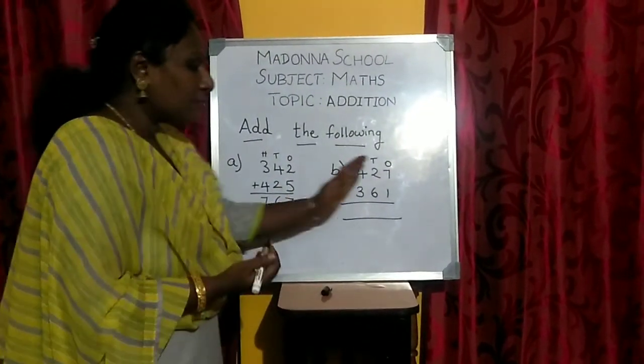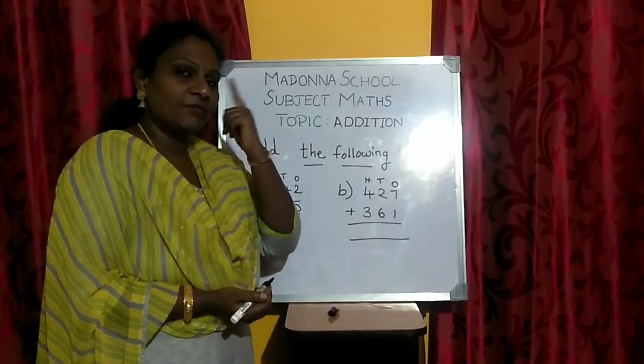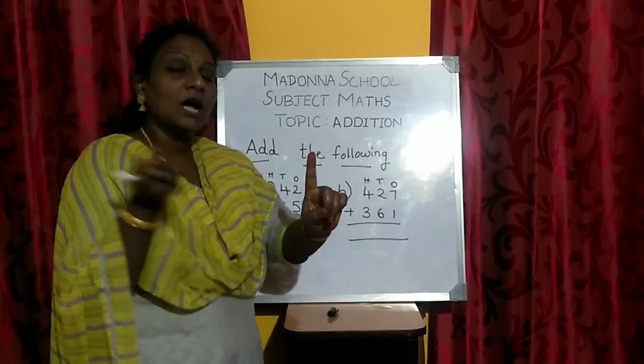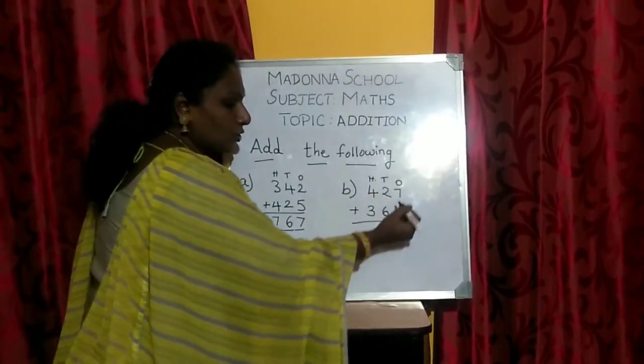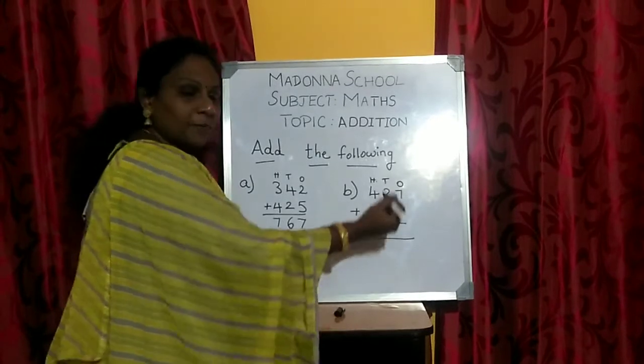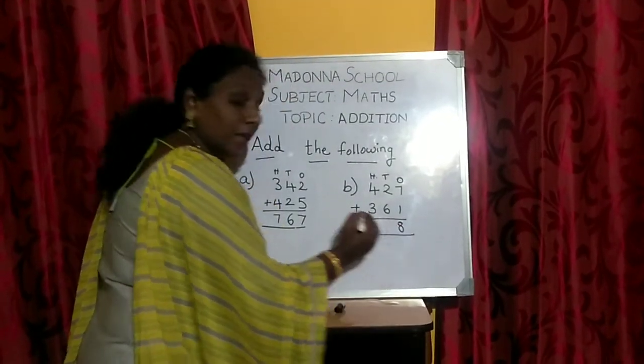Okay. So what is the number in the ones place? 7 and 1. So first number, keep it in your mind. 7 in your mind, 1 show it on your finger. After 7, 8. You can keep it in this way, or you can remember in this way also. So 7 plus 1 is what? 7 plus 1 is 8. The next number itself. So in that way also you can do.